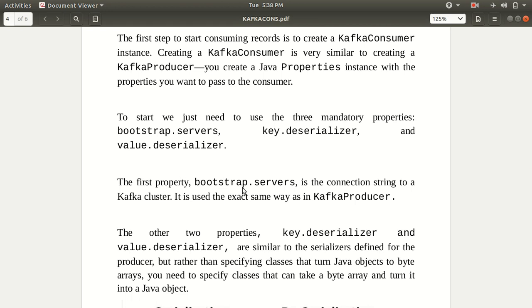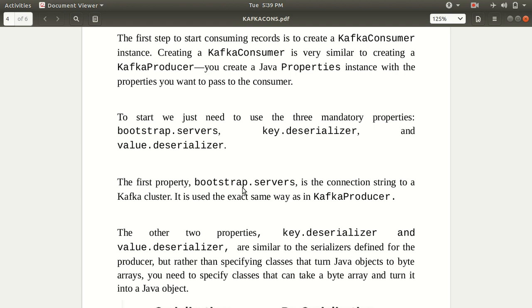So bootstrap.servers is nothing but a list of the Kafka brokers from where we need to listen to the data. I guess you all are aware of the fact that the Kafka broker is nothing but another name given to the Kafka server. So this bootstrap.servers, why do we have an S at the end? Because we can have a long list of the Kafka brokers with which we are associated, and from where we are listening to the broker, right?